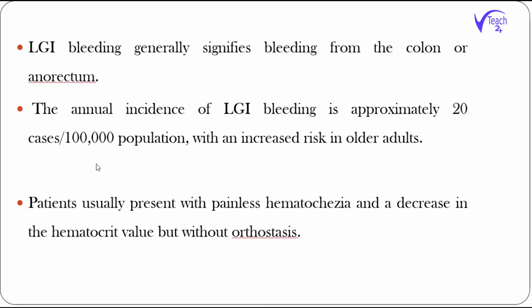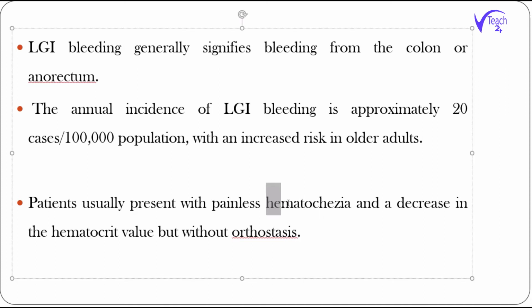So the patient usually presents with painless hematochezia and a decrease in the hematocrit value but without orthostasis. Orthostasis means the orthostatic hypotension that the patient usually develops in upper GI bleeding. Upper GI bleeding, if severe, can also present with hematochezia. What is hematochezia? Hematochezia is the passage of fresh bright red blood rectally. So even the upper GI bleed can present with hematochezia, but most of the time painless hematochezia is secondary to